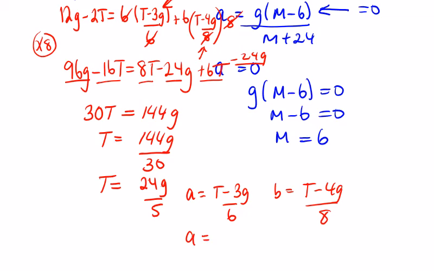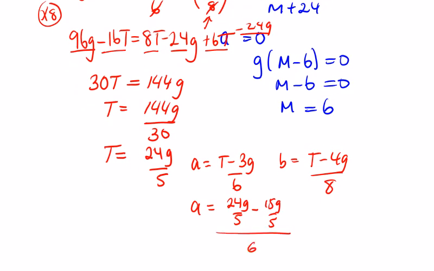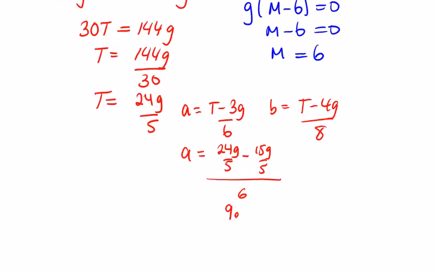So A is going to be 24g over 5 minus, well, I'll put this over 5, minus 3g, which is 15g over 5, over 6. So that's going to be 9g over 5 over 6. So the 5 and the 6 go on the bottom. So 9g over 30, which we can divide by 3 to get 3g over 10, ms to the minus 2, and b